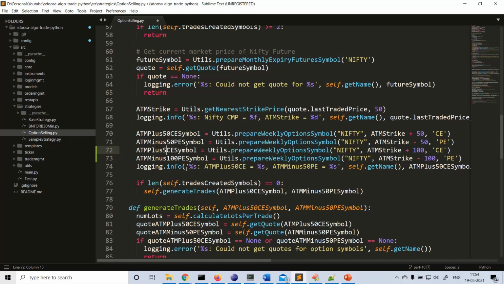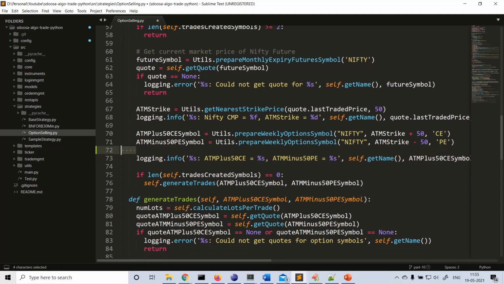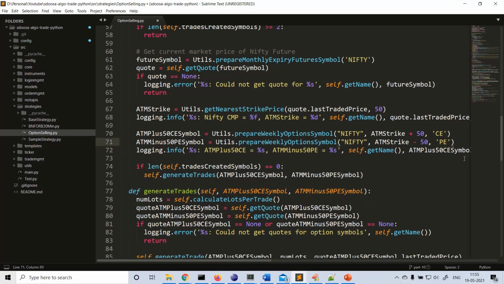This is a different variable name. Then just pass these two also to the generate trades function here, comma, ATM plus 100 C symbol, ATM minus 100 P symbol, and inside this you take care of these two symbols also and internally call the generate function. So in your case, your strategy will become, you are shorting a total of 4 symbols, that is plus 50 C, plus 100 C, minus 50 P, minus 100 P. So that's how you can have your own logic. Whatever combination you want, it will take any combination. That's how it is. I'm just removing this. You can implement your own strategy like this.